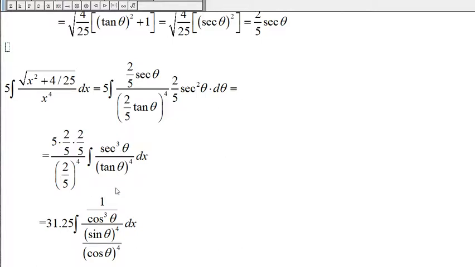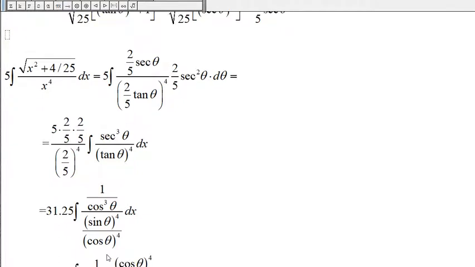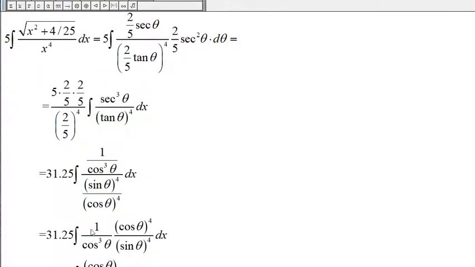Secant to the 3rd is the same as 1 over cosine to the 3rd. Tangent to the 4th is the same as sine to the 4th divided by cosine to the 4th. This will be 1 over cosine to the 3rd, and then dividing by this quotient is the same as multiplying by the reciprocal. So it would be 1 over cosine to the 3rd times cosine to the 4th